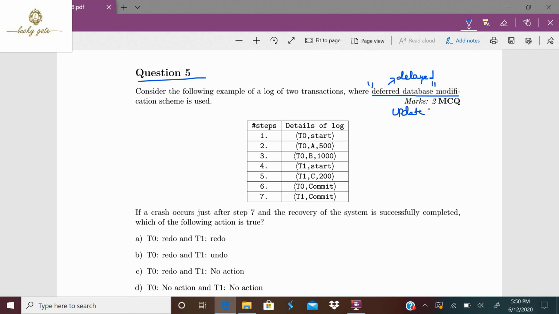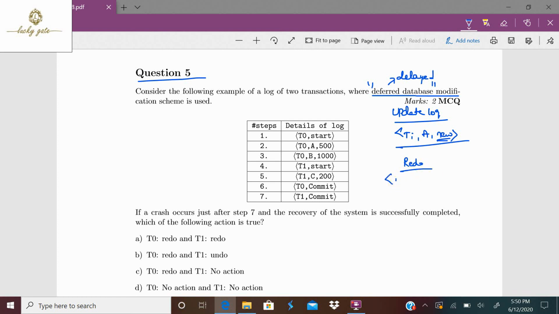update log. Here the update log contains information that transaction Ti changed some variable A to some new value, and here the old value isn't required. Why? Because that new value is not written to the disk immediately, it is waiting for the transaction to be committed, so it doesn't require the old value. For recovery, it is going to perform only one recovery action, that is called redo.